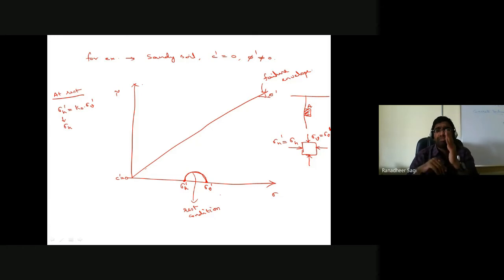But what is going to happen if the retaining wall is moving away from the soil element? As the retaining wall starts moving away, the amount of horizontal stress, the amount of confining stress in the horizontal direction on that soil element slowly starts decreasing. Let's say, for example, I have a bunch of sticks tied with a rope initially, which is holding all those sticks tightly together. I slowly started releasing that rope with whatever force that I have tied. I slowly release the force from that rope.